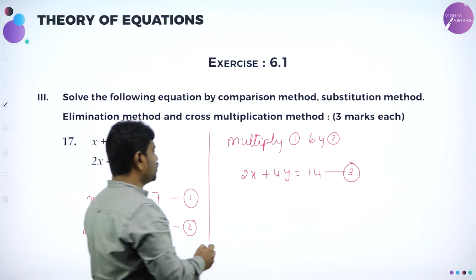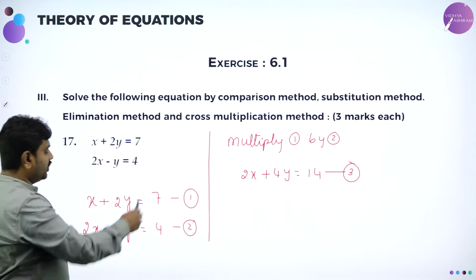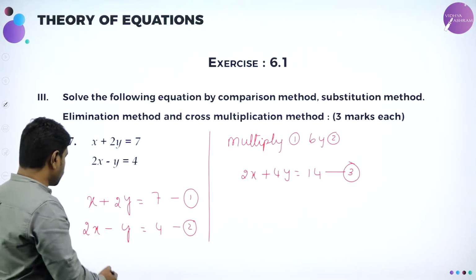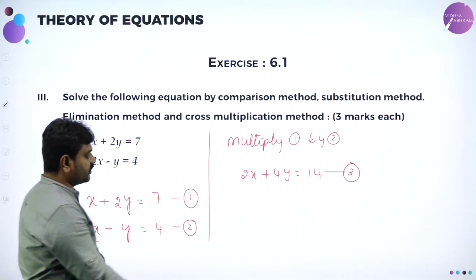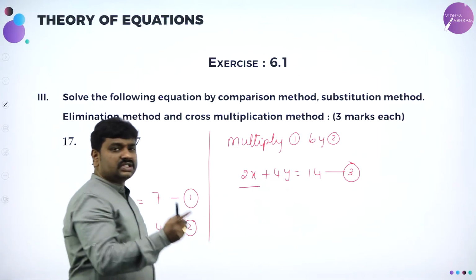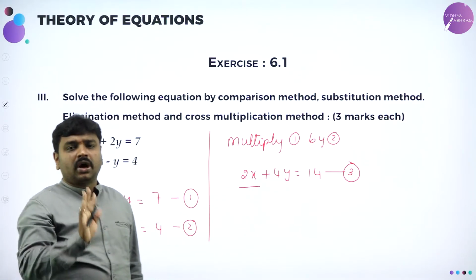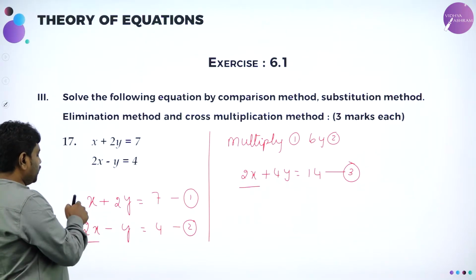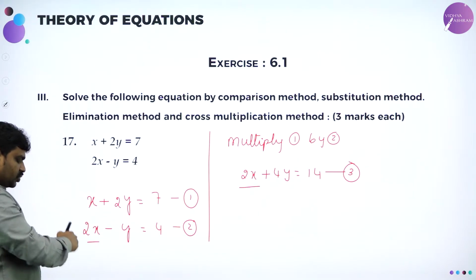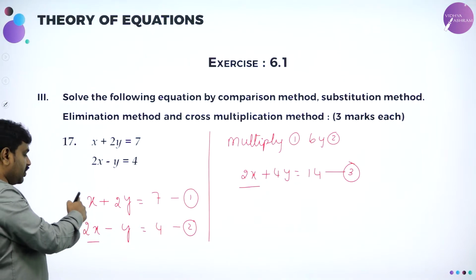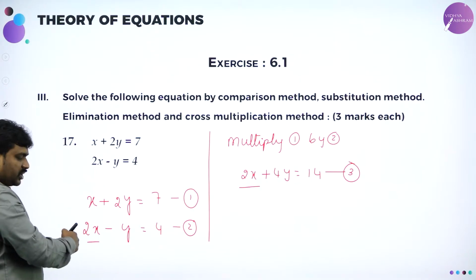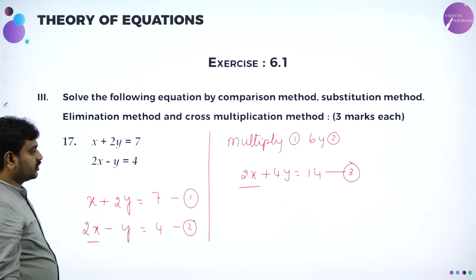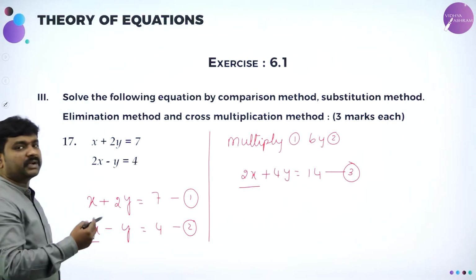Now observe equations 1 and 3. Equations 1 and 3 both have the same coefficient. What is the coefficient of x? 2x. So first our task is to make the coefficient of x the same. How to make it the same? Multiply the coefficient of x of the first equation to the second, and of the second to the first. Here we have 1x, so multiply 1 to this, 1 into equation 2 is the same, and multiply 2 to the first one. Now both have the same coefficient, so subtract them.